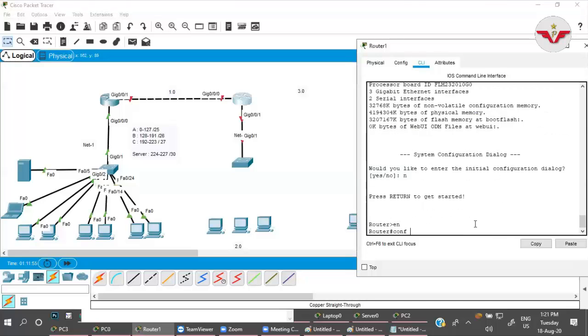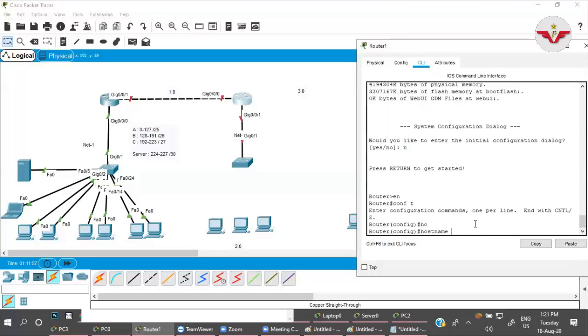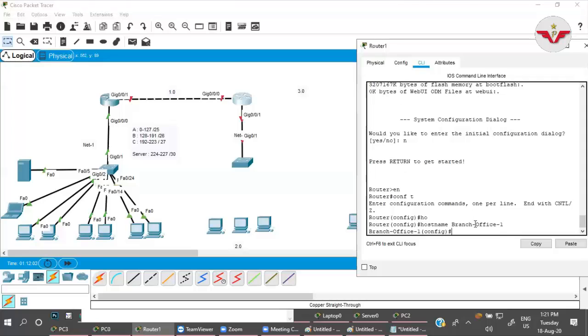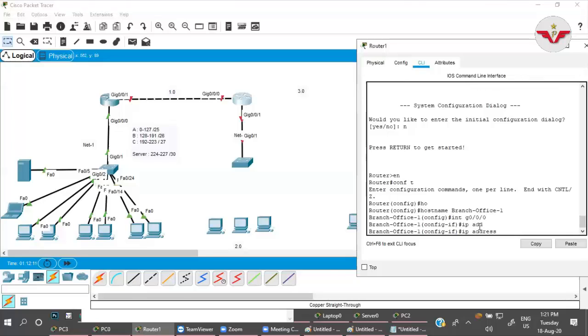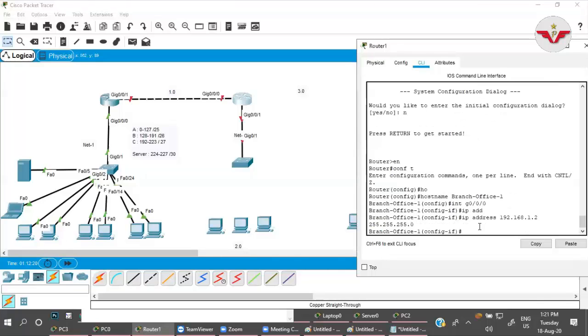Enable, config t, hostname branch office 1. Then interface g0/0/0, IP address 192.168.0, sorry, 192.168.1.2, 255.255.255.0.